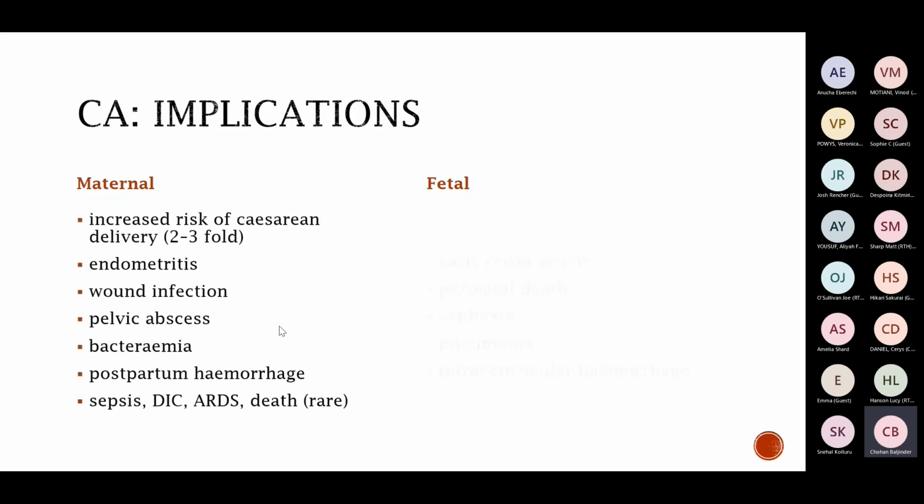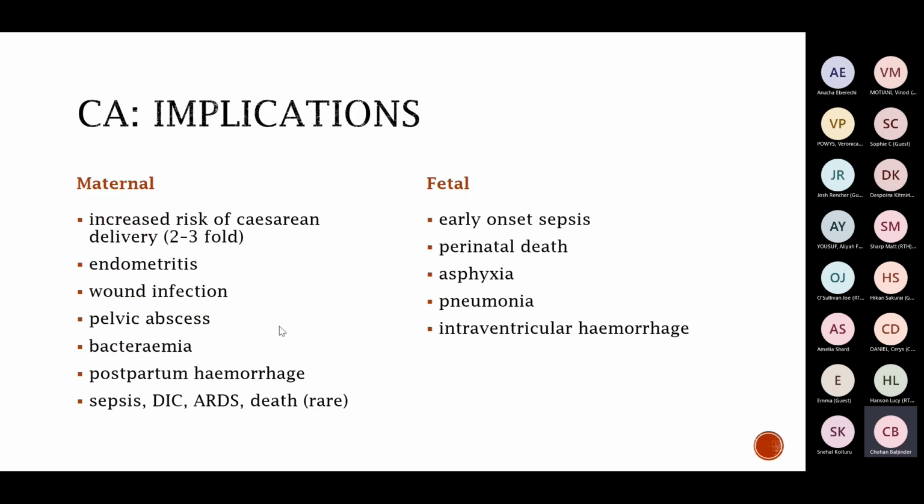So in terms of mum, I mean, it goes without saying. So like I said, early in labour or labour's potentially not progressing, or you just have a lower threshold to bail out, so more likely to end up with a section. What other infections can it cause? An endometritis, wound infection, a pelvic abscess. Abscess, I have to say, I've not come across.